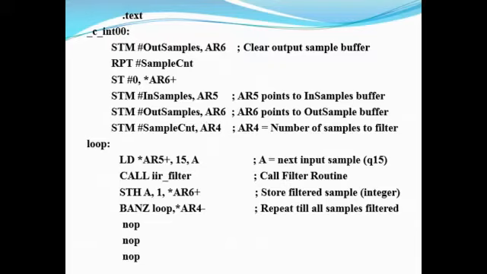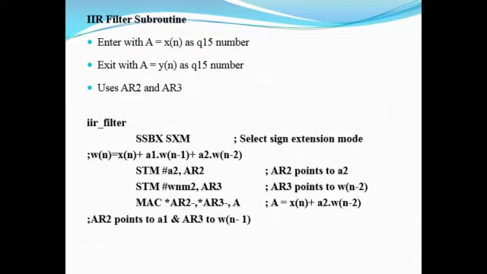Then call the filter routine. The filter routine we have already discussed, what a filter routine and subroutine is and how we are going to call it. So we are writing a program or subprogram for the IIR filter. In that IIR filter, what is the operation carried out? Fetching the sample and the coefficient, multiplying them and obtaining the product term, finally adding those product terms, then storing the filtered sample, and repeating this until all the samples in the sequence are considered. So that IIR filter subroutine is specified here.